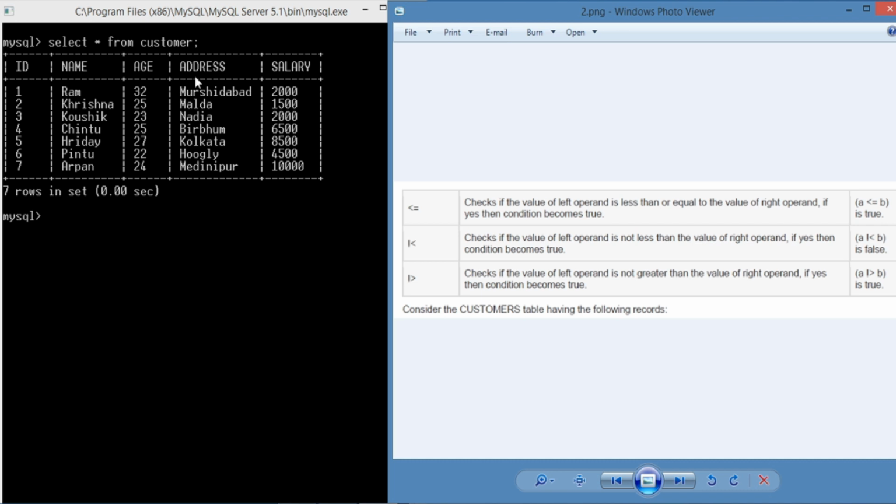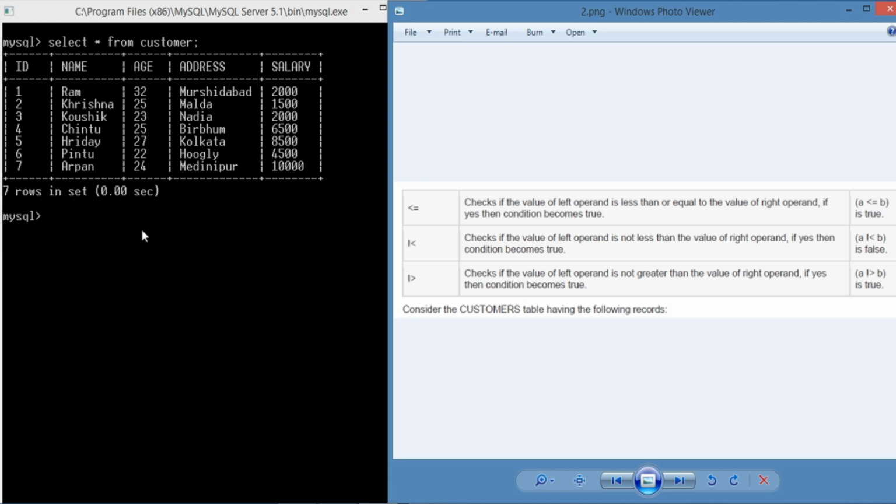ID 3: the name is Kaushik, age 23, address Nodia, and salary 2000, and so on. I created this customer table by the create table command.